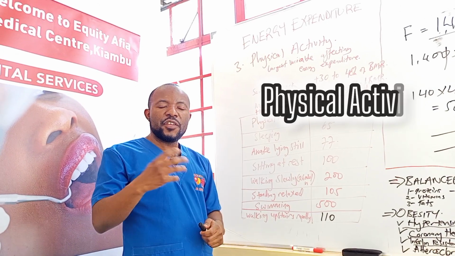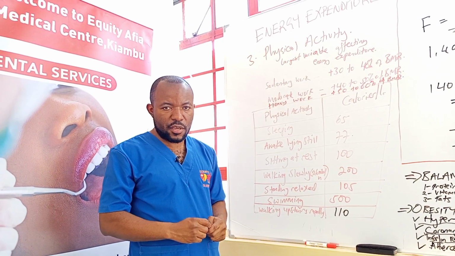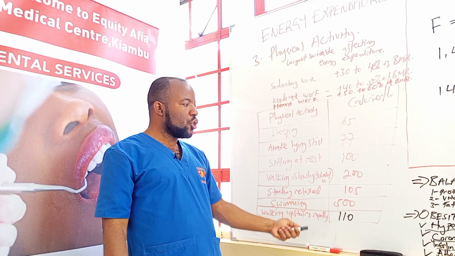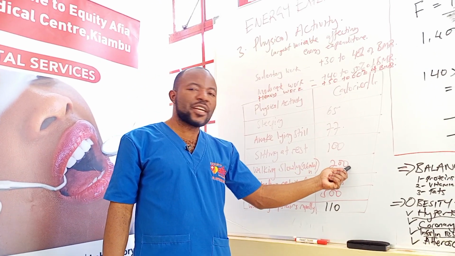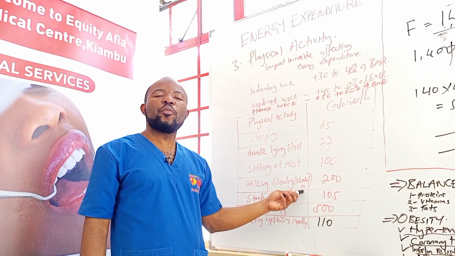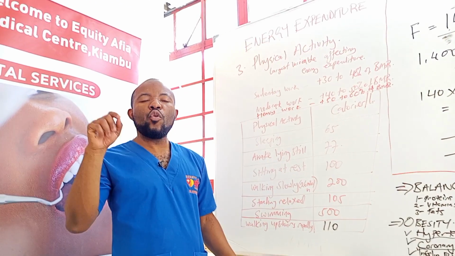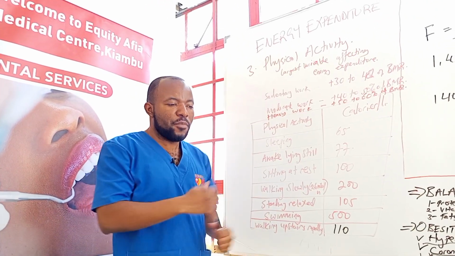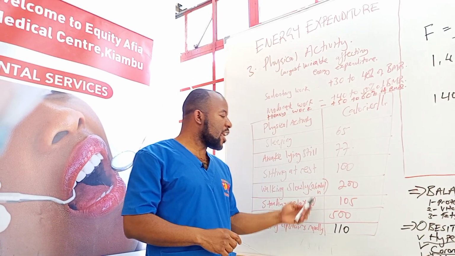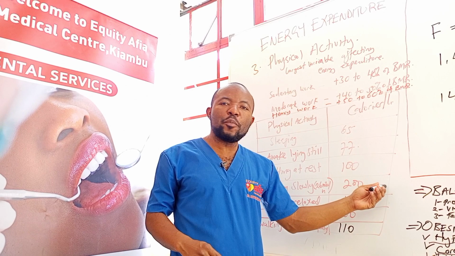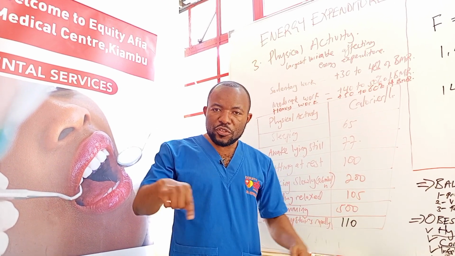We have said physical activity is overrated. When you walk for 2.6 miles, you only lose 200 calories per hour. And there are few people who can walk for 2.6 miles. Even the people who go to the gyms, the machines in the gym where people run, most of them are set at 12 kilometers per hour.